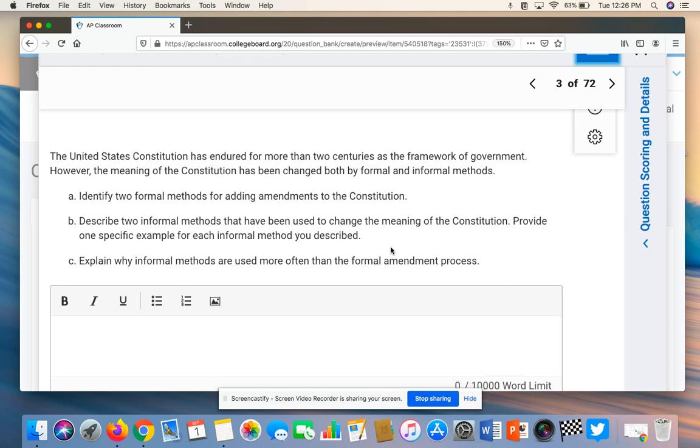All right. The first type of FRQ that you are going to practice in class is a concept application question. So let's look at an example of one of those and how you might answer it. So first, let's read through this question.